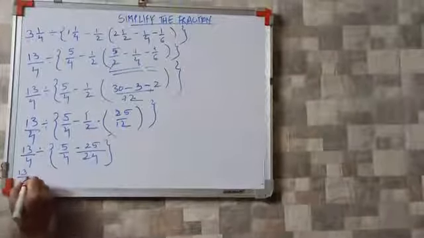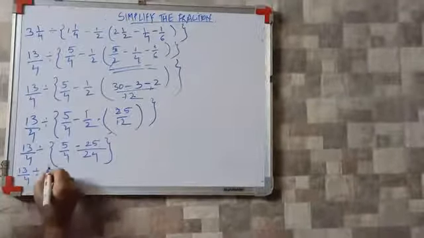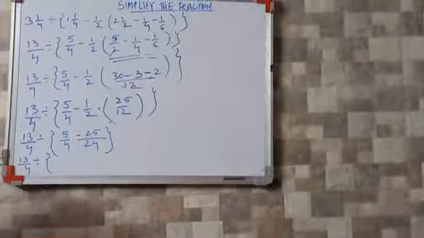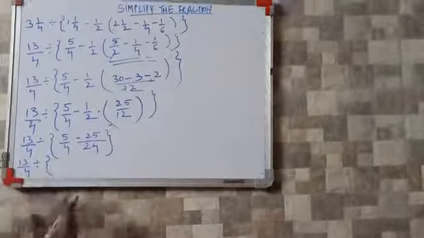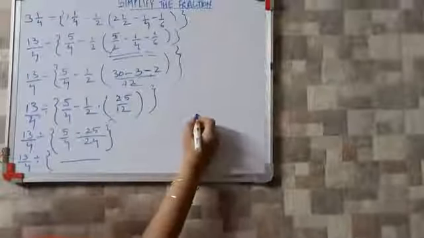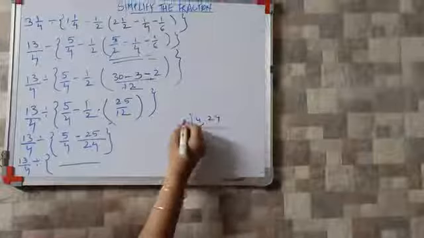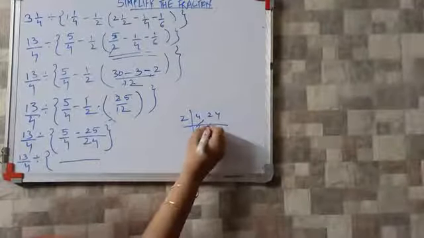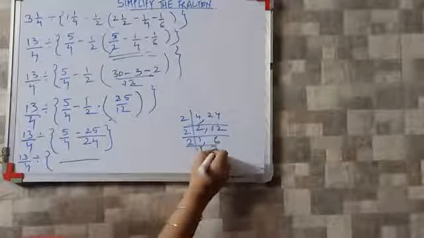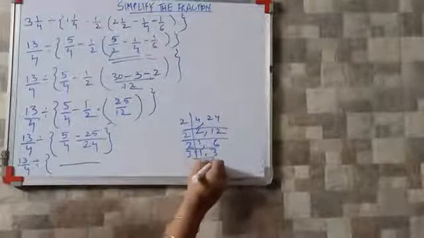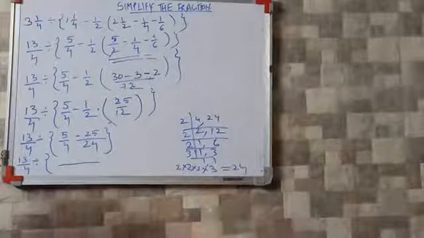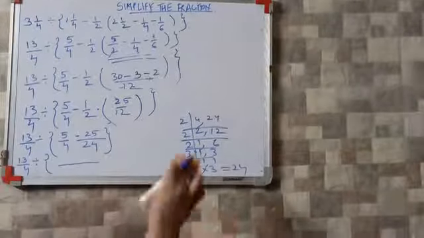Okay. Now 13 upon 4 as it is we will write, division. In the curl bracket also only one operation is there. There is no other operation. So we have to subtract. Again you know how to subtract. The denominators are not same. We will find the LCM. So 4, 24. What is the LCM? 2 2s are 4. 2 12s are 24. Again 2 1s are 2. 2 6, 2 3, 3 1s are 3. 2 into 2 into 2 into 3. So this will be 24. So the LCM is 24.